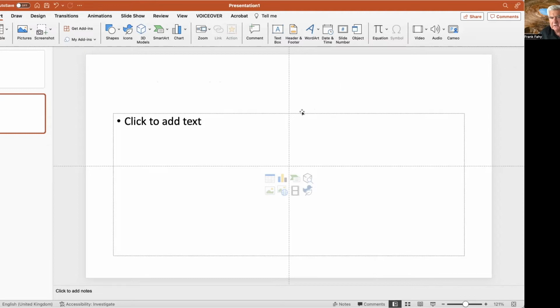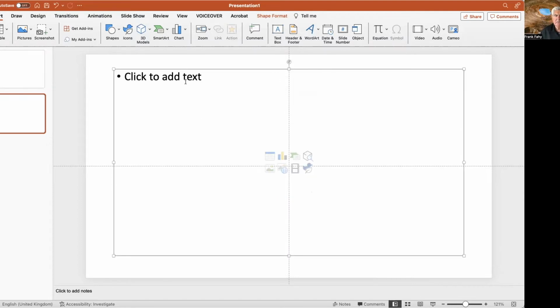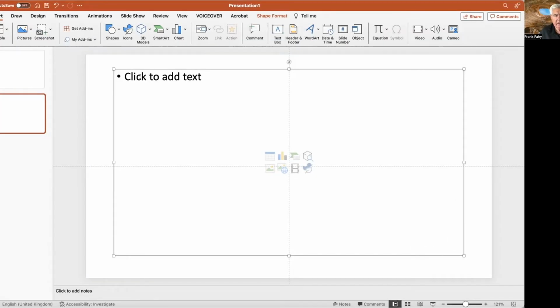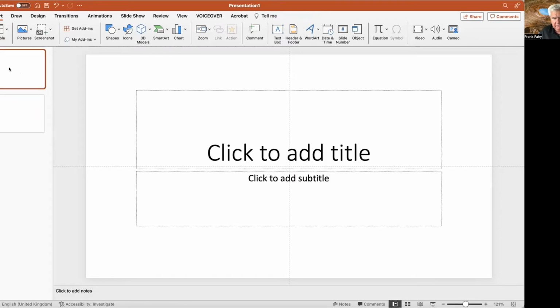So using my mouse again, I raise this up to fill up the page up to about there. Now you can see that I have one complete box. Where it says here, click to add text, and that is precisely what we'll do. I just want you to note that is the title page, which I've ignored, and here is the page that